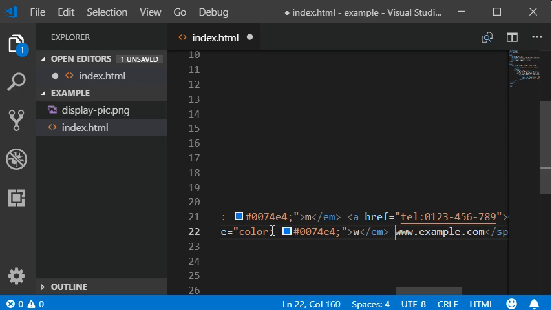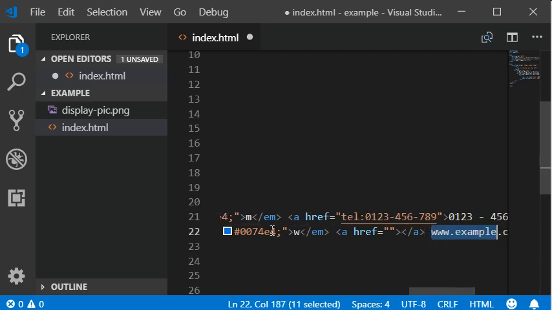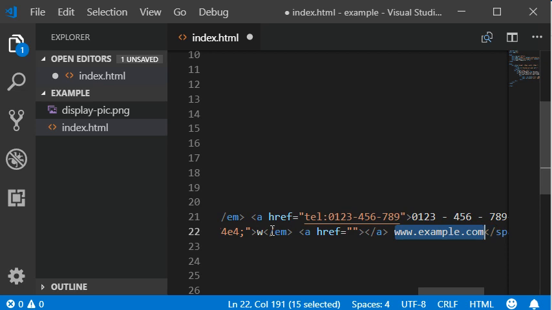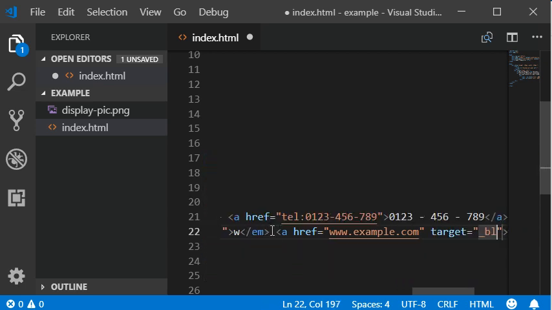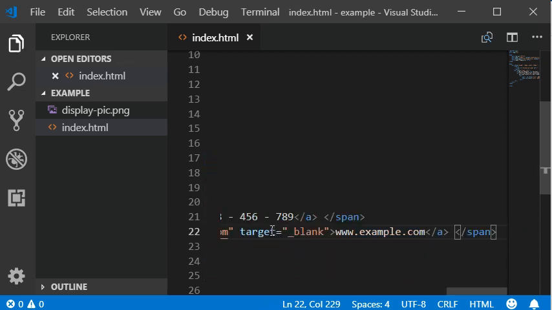So same for the website, we don't need any equations like tel or mailto. One thing you are also going to add here: if you don't want to leave your email and redirect to the browser, you may also add a target blank link here. And then